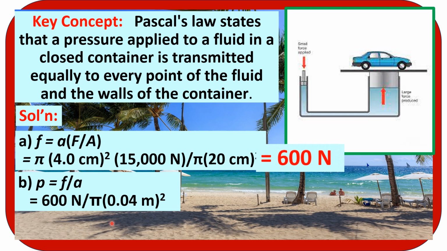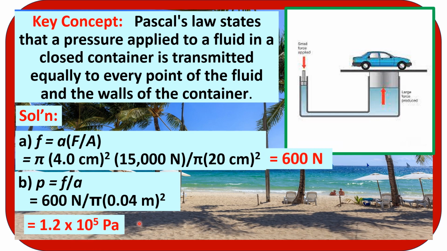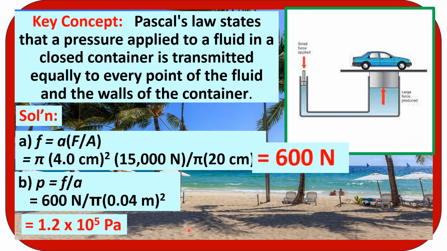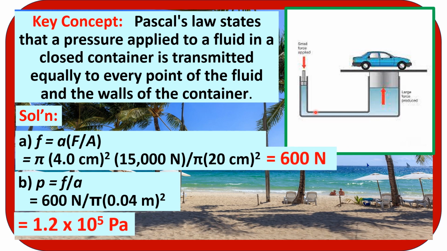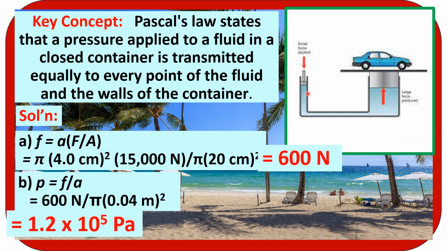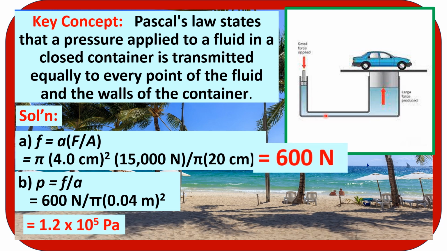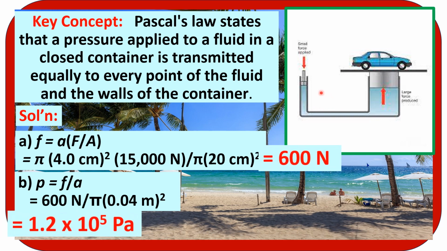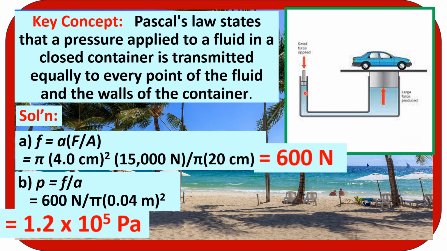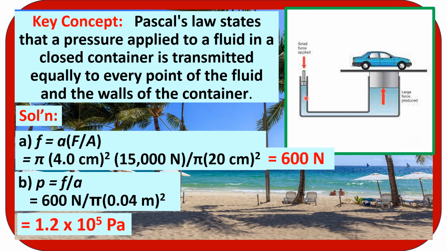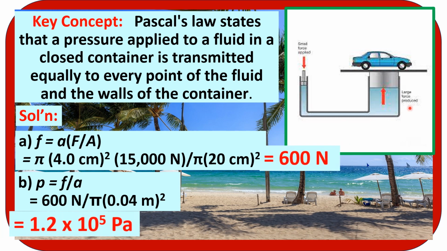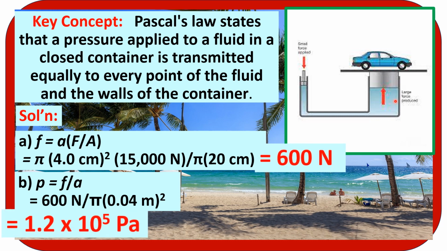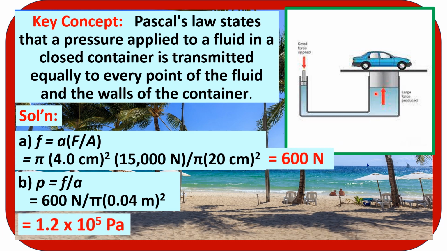So again, doing our math, we will get the amount of the pressure exerted on the liquid equal to 1.2 times 10 to the fifth power Pascal. So this is the amount of pressure that the small piston exerts on the hydraulic liquid inside this vessel, which, according to Pascal's law, will be transmitted to all parts of the hydraulic lift system, including this part, where the